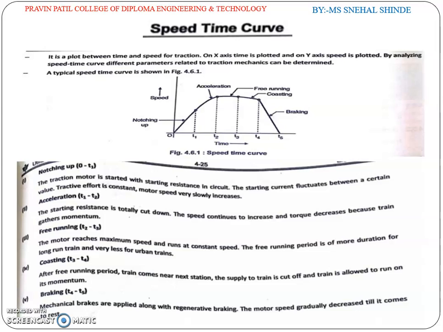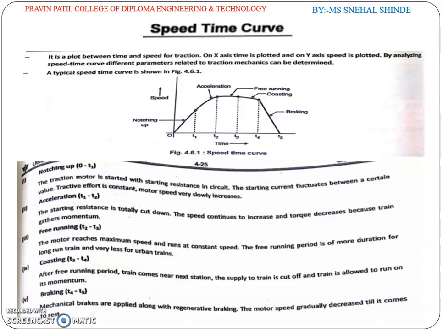The current fluctuates between certain maximum and minimum limits. Therefore, the motor torque and the tractive effort also fluctuate. However, the average tractive effort remains the same and hence acceleration remains constant. The speed time curve therefore is a straight line from 0 to T1. Next is the acceleration period of the speed curve,